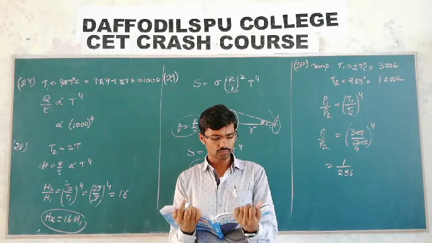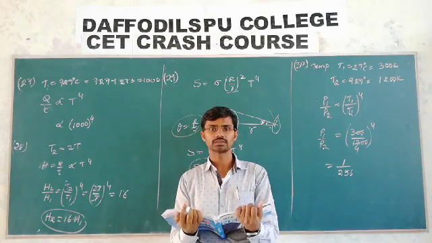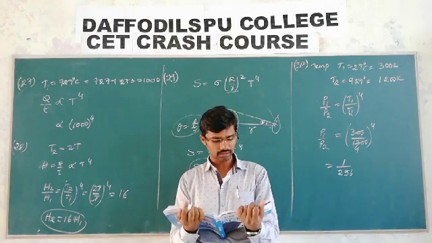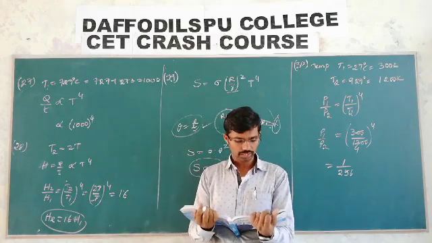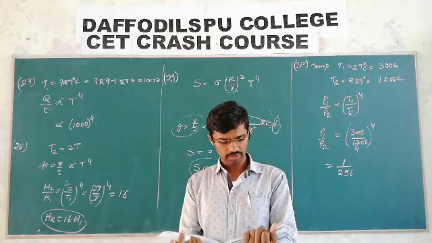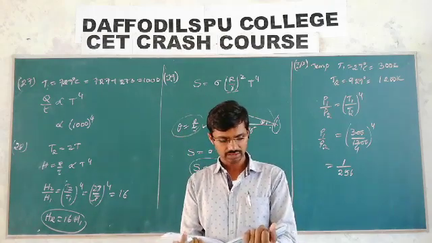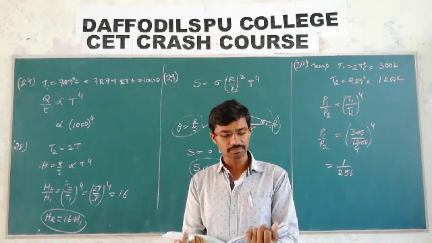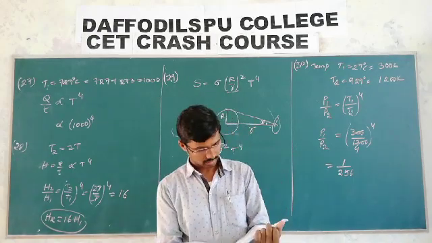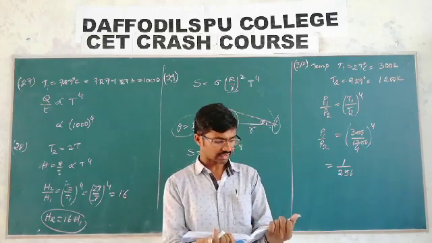Heat travels through vacuum by what? Vacuum does not allow conduction or convection, only radiation. Only radiation, because radiation can take place even when there is no material medium. Therefore, only through radiation. Let us see the 32nd one.